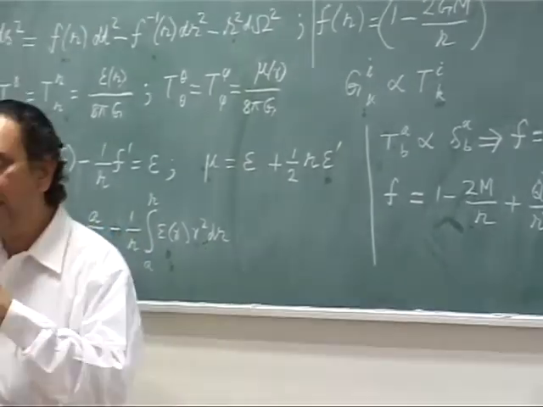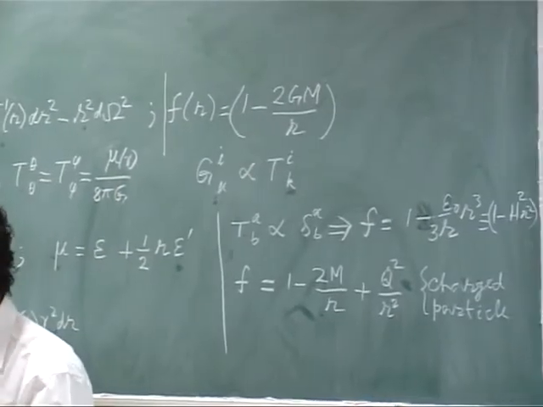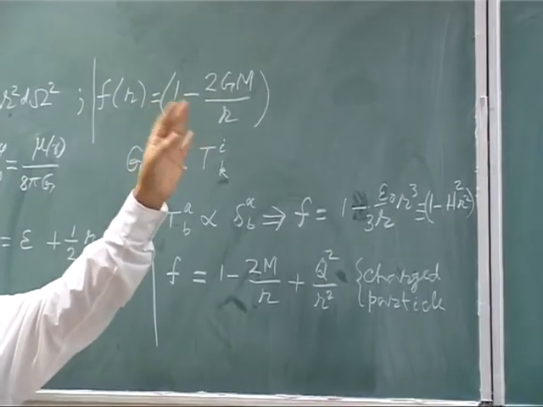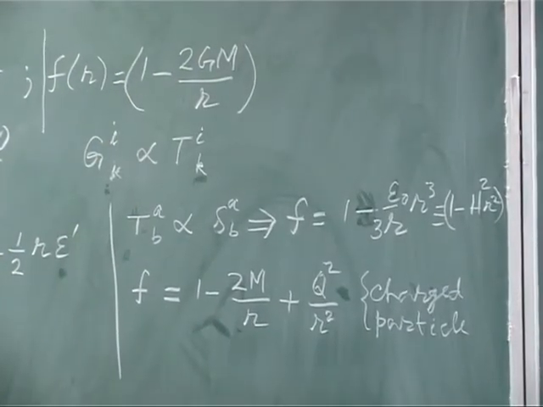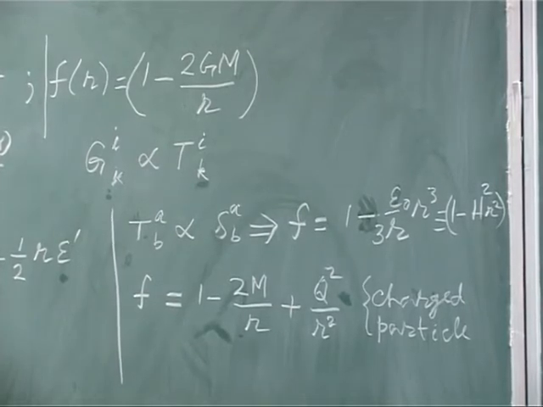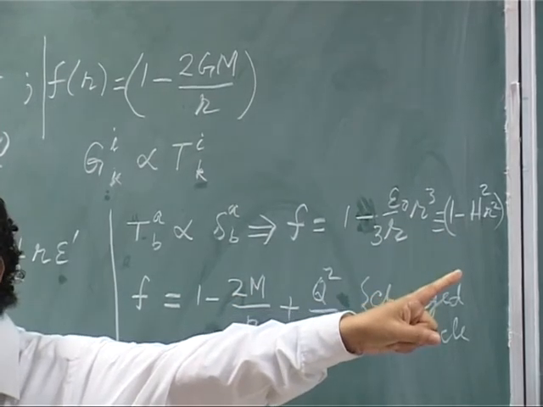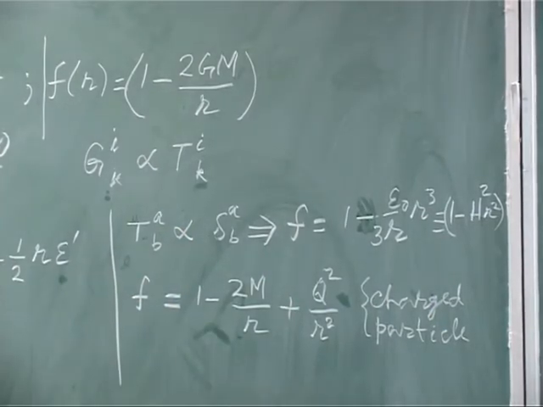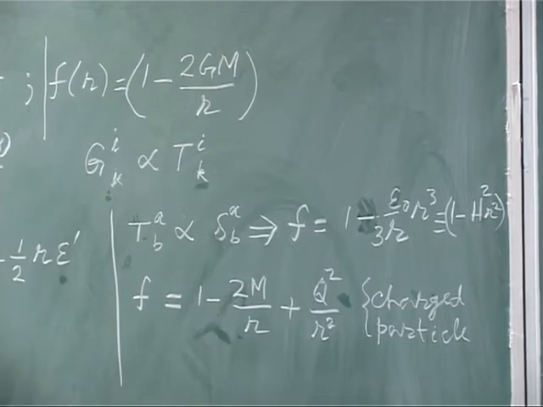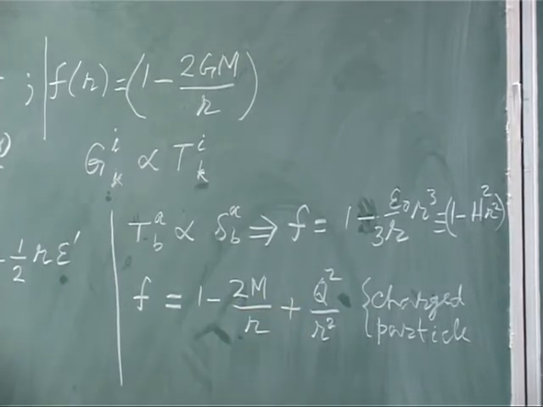So I have given you 3 separate solutions. One solution is the Schwarzschild metric, which is just for a mass point, where space time is empty. The non-trivial part of the metric falls as 1 by r. The second is for a cosmological constant, which is a constant energy density everywhere, and it also has a constant negative pressure. For that the solution increases as r square, a quadratic term. Then the third one is a charged particle kept at the origin. This will also be accompanied by an electric field which goes as q by r square, and that charged particle has 1 minus 2m by r plus q square by r square.